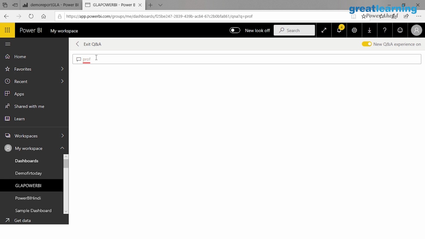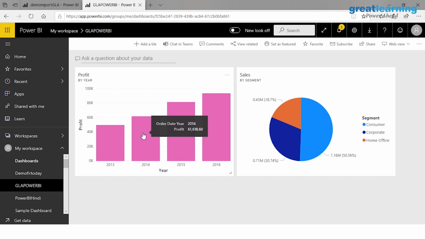Okay, this is irritating, but let's try this. $2014. It's 62.88k. There you go. So it's near about that. I'm not sure why it is giving a different value, but it's near about that, right? So this is how you can ask questions to your Power BI data that you have, and you can do